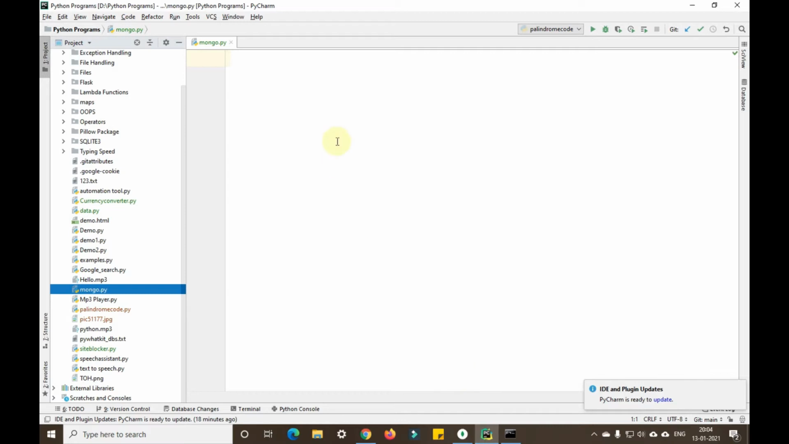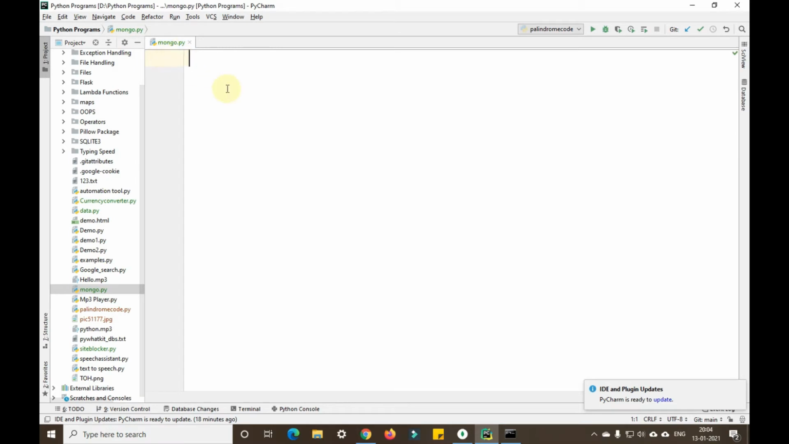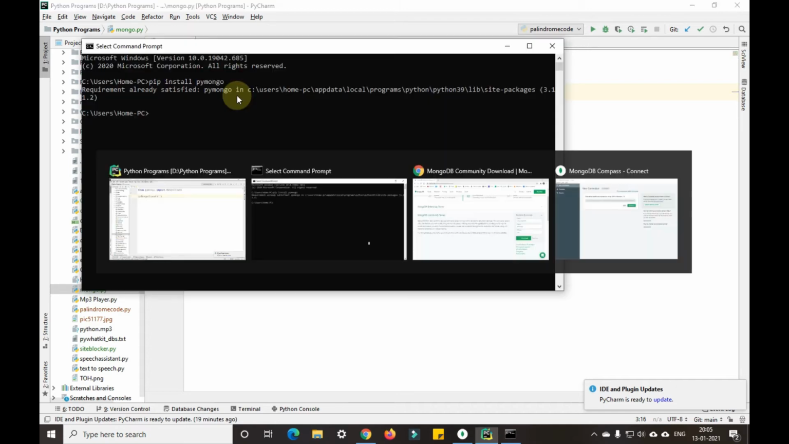Now I'll go back to PyCharm, and this is the file that I've created, called mongo.py. Now I'll import pymongo: from pymongo import MongoClient. After importing MongoClient, I'll create a variable called c equals MongoClient with the